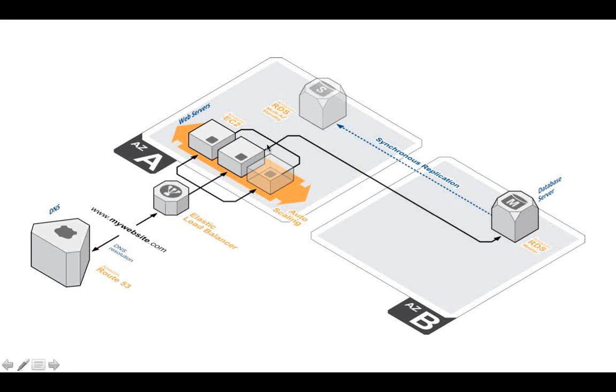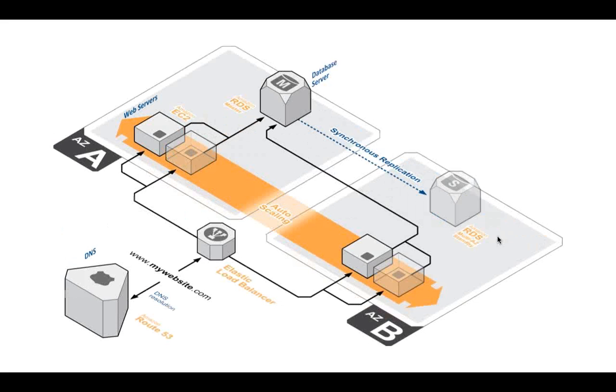Your application clients will then fail over the connections from the old master to the new one in another availability zone. That's not enough. You also need to have multi-AZ deployment for your application tiers. So you can very handily and easily expand your auto-scaling group to span over multiple availability zones. And then the Elastic Load Balancer will distribute the traffic to instances across multiple availability zones.